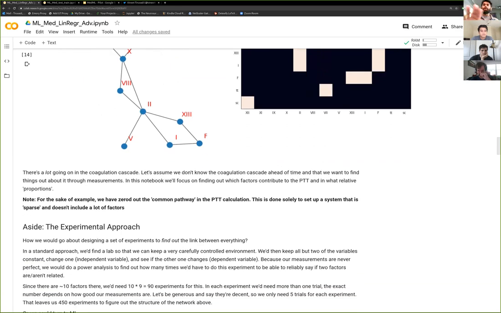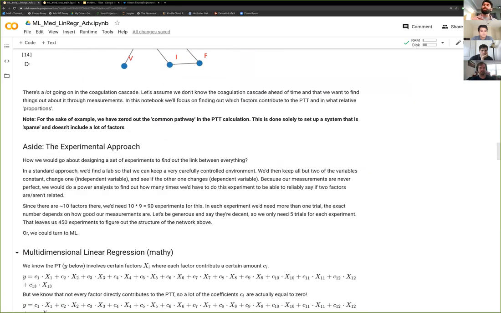So there's a lot of text here. The text is primarily for folks when they're not in the workshop, so feel free to read these. We're going to be polishing them over the next week. We're not going to spend too much time here in the workshops discussing the text of it, but we do want to contrast the machine learning approaches with the bread and butter approaches that we are typically taught in medical